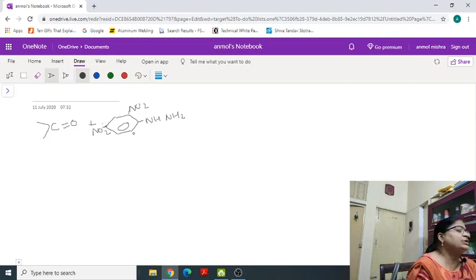So 2,4-dinitrophenylhydrazine. Now here Z is this group. This is the Z group. So it will form